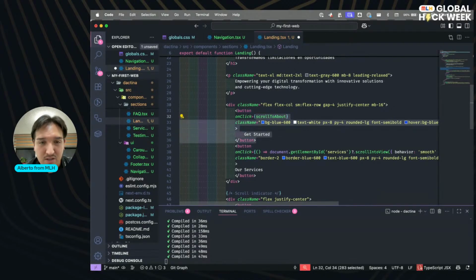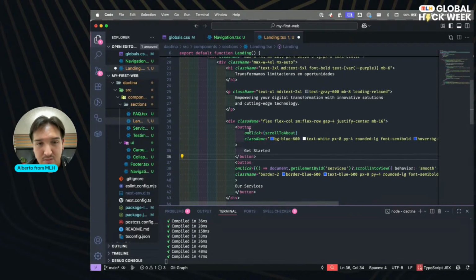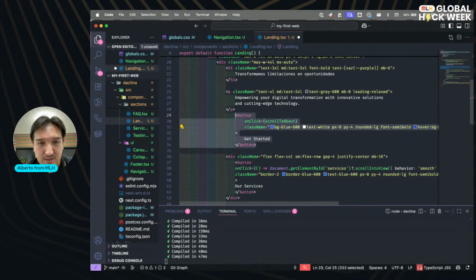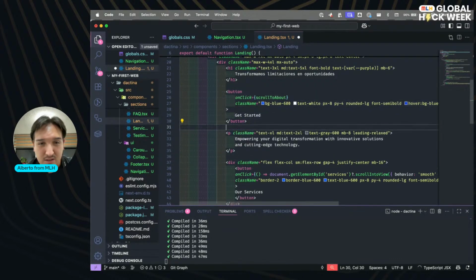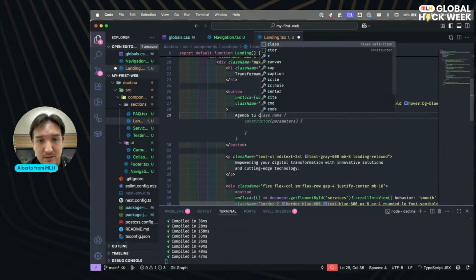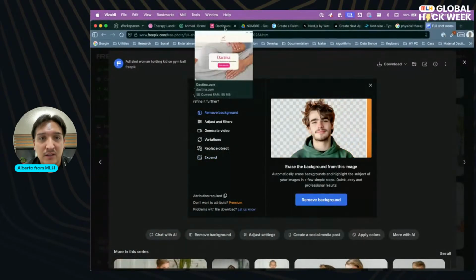This button, scroll to about or services. This will be something like this.